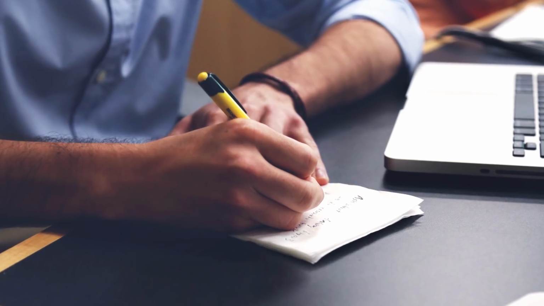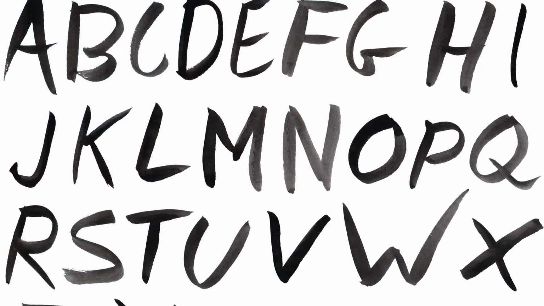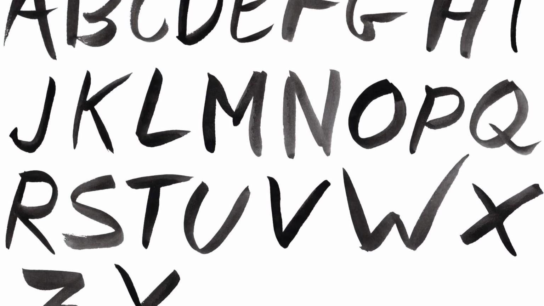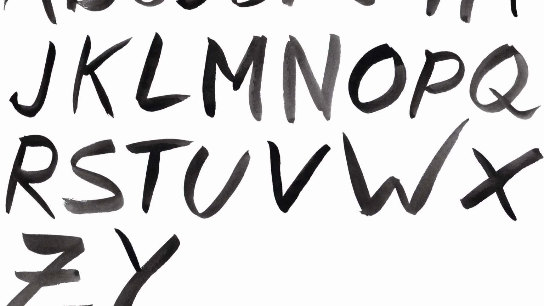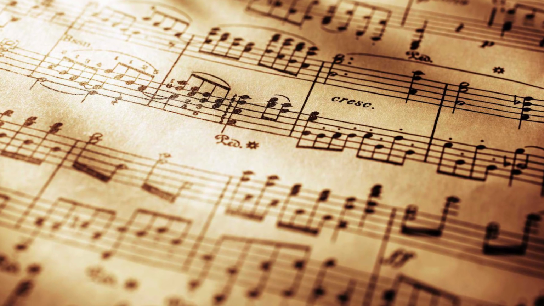Written language is a key part of human society. It allows us to communicate ideas between ourselves using a system of signs and symbols that can be strung together to create all sorts of different meanings. In the same way, music notation is a system of characters and signs that allows us to communicate musical ideas